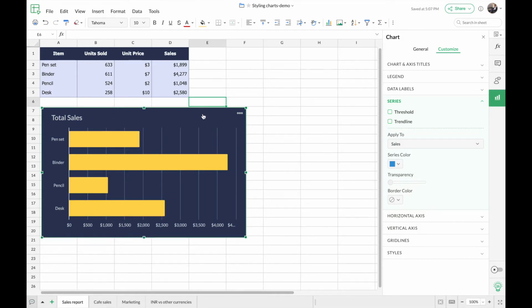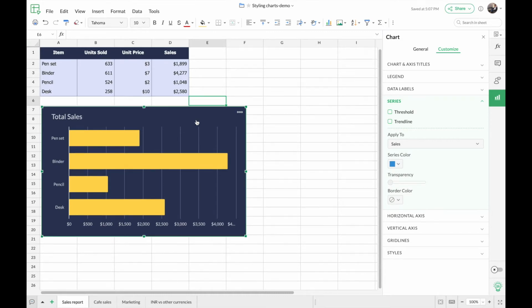There we go. And before we start removing the unnecessary elements from this chart, I'm just going to make one other change. That is, I'm going to sort the data that is present in this chart. You can see how the data bars in this chart are actually ordered based on the order in the actual source data table. But here, sorting the data in this chart will make it a little easier for me